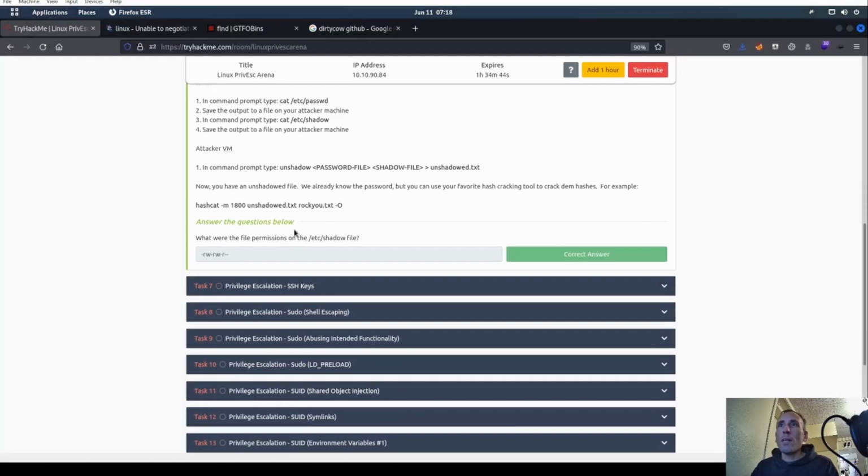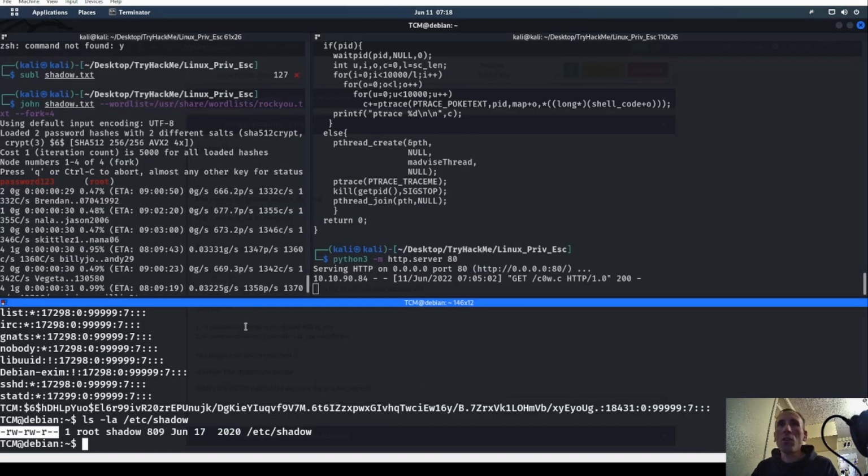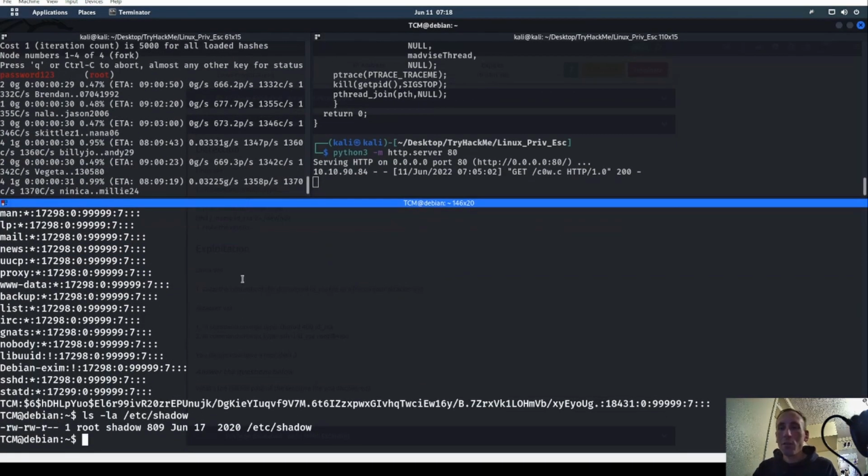Notice we also used john. We did not use hashcat on there. Privilege escalation with SSH keys. All right. Let's go ahead and check this out. If we can get into root like right here. Let's go ahead and cd. Or let's go ahead and